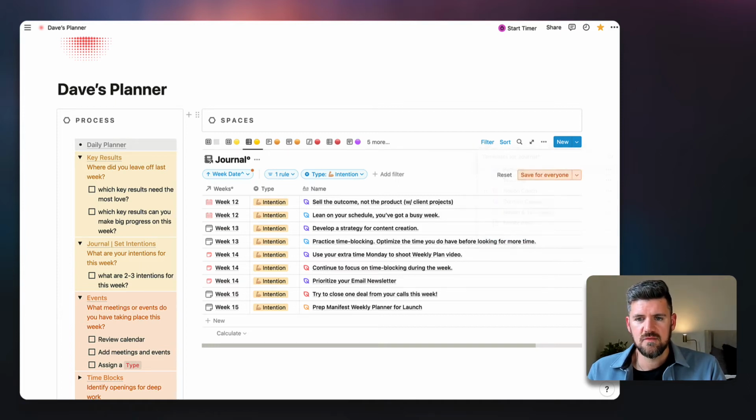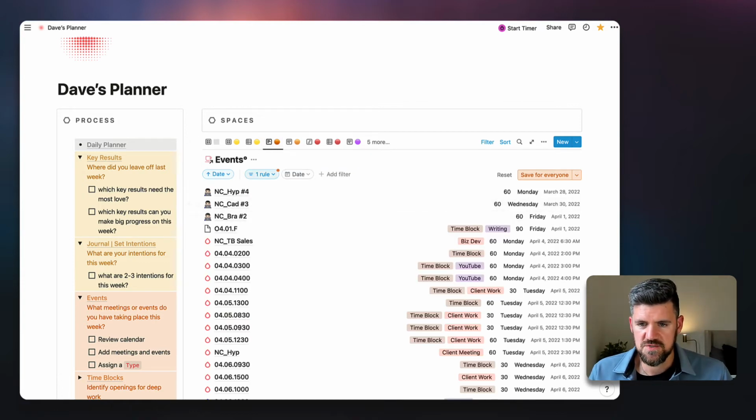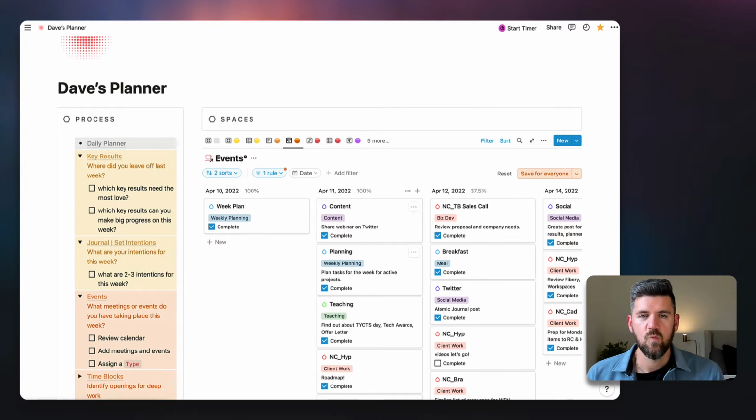And then if we go into the next area, looking at events, this is also filtered from the previous week. So step one of events would be just logging what events, time blocks we have, and then starting to see those by day. So this is mimicking a calendar view. Actually, a video that I'm starting to work on is how to integrate this with Google Calendar. So using an automation tool like Zapier, you can bring these things in automatically and not have to manually input that data, which is pretty cool. But in the meantime, this is just to get a sense of what's happening on that particular day.